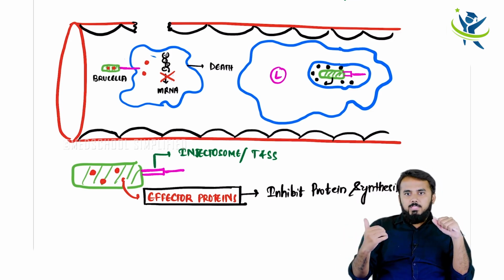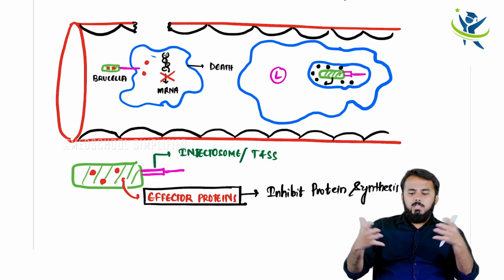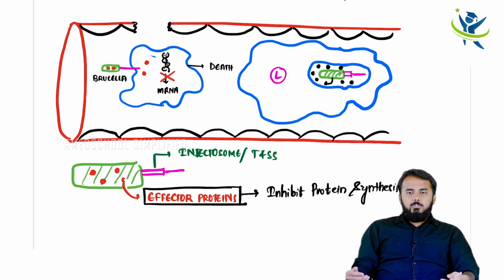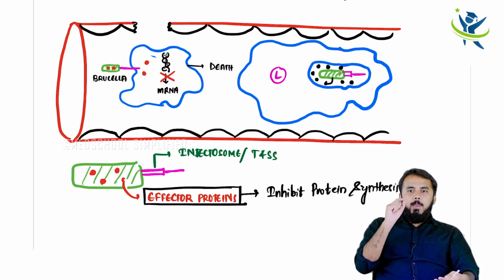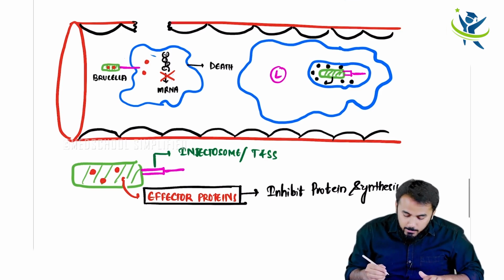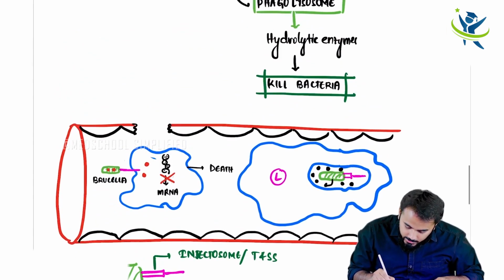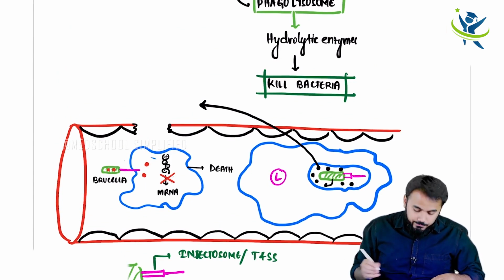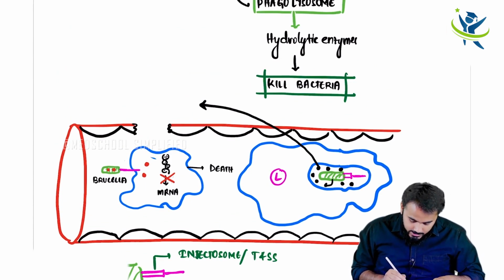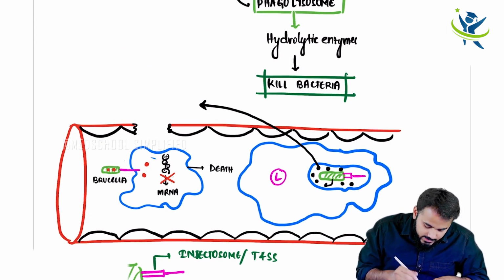Because if it attaches with the phagosome, it will release hydrolytic enzymes and the work is done. The bacteria is going to die. So very technically, very logically, this bacteria releases these black color molecules. These black color molecules which I have mentioned here, right? These black color molecules over here, what did I name them previously? These are called as